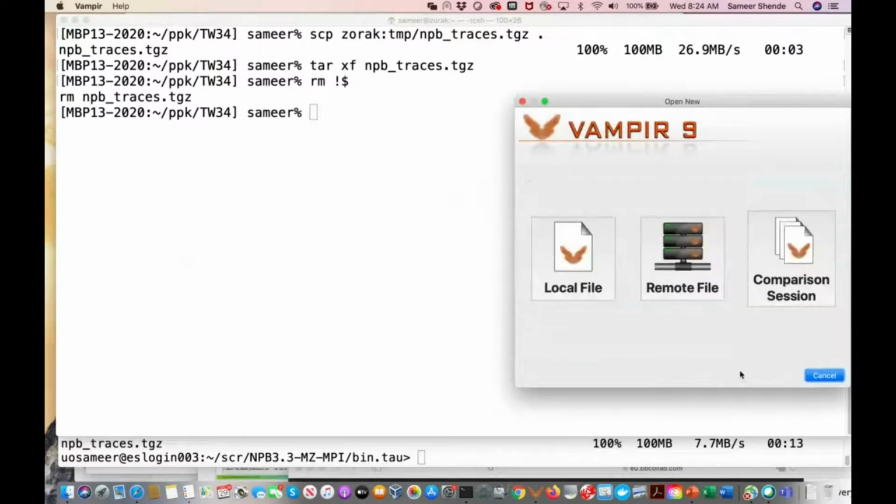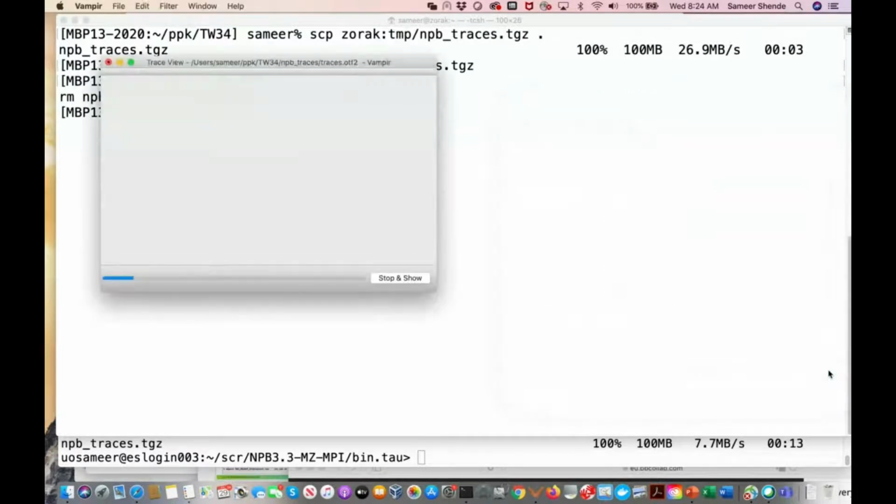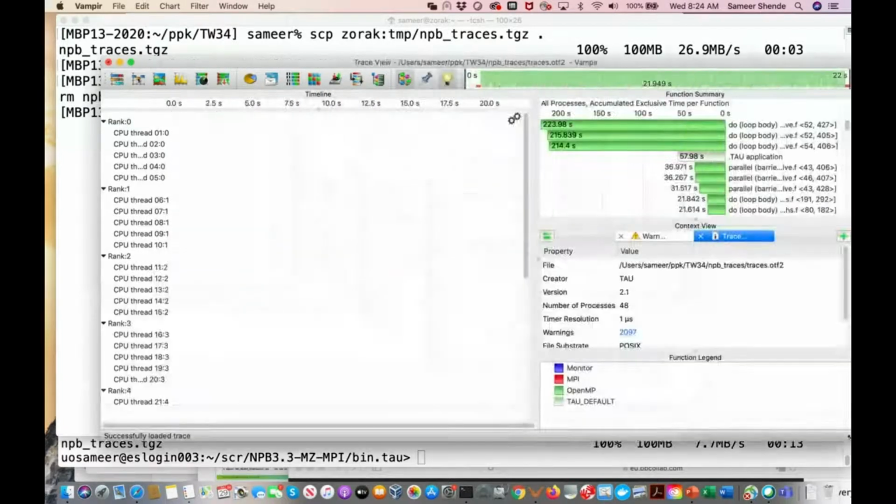So I say open other local file, and within this I can look at a ppk directory that I have, and tw24 npv traces otf traces.otf, and there it is. I have Vampire,